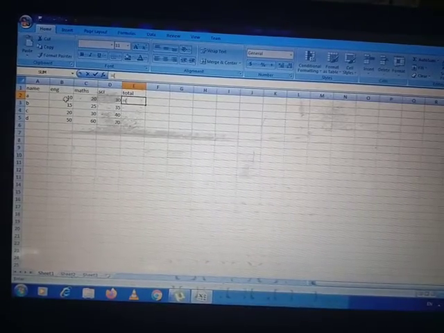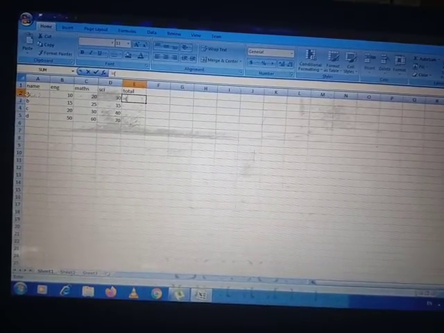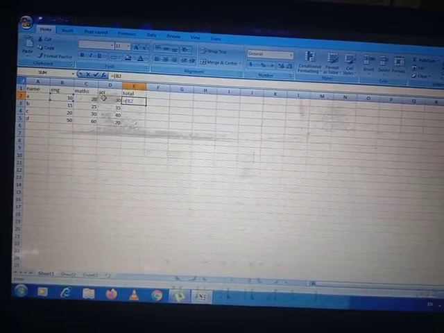To do the simple calculation, we have to enter an equals to sign. After that we have to write down the cell name. This cell is B2, so we have to write B2 plus this cell is C2 and this is D2.